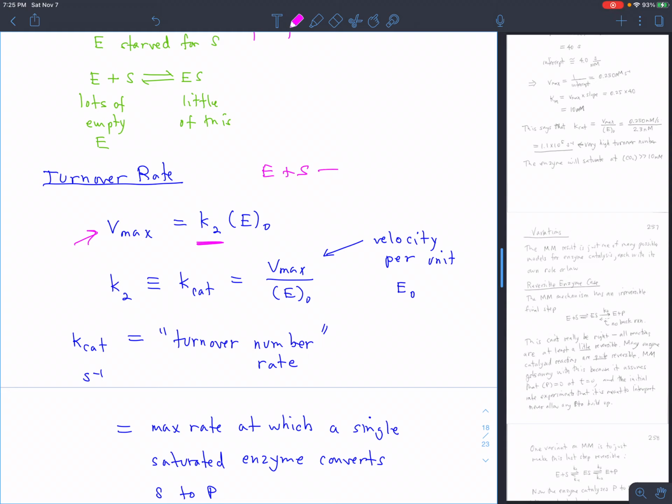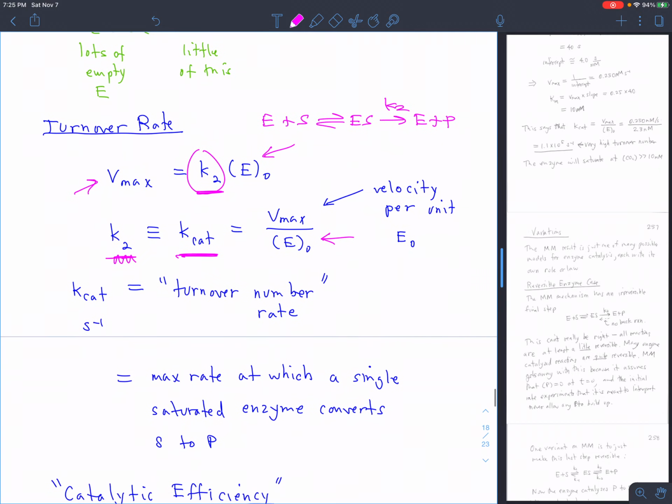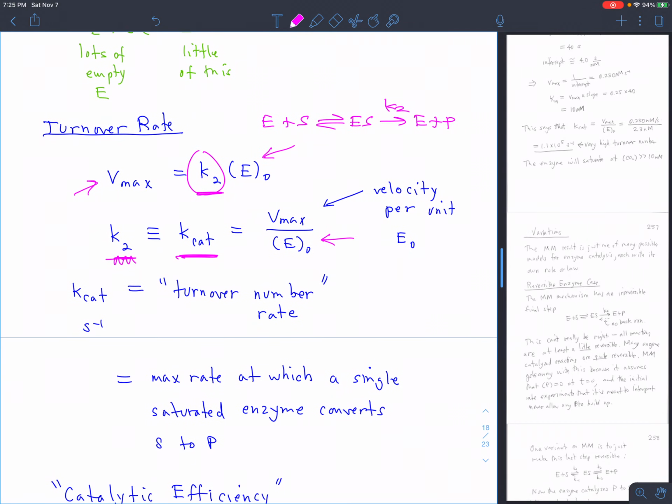So E plus S goes to ES, goes to E plus P. This is K2. It's the rate constant for the second step. This is the important quantity, right? The amount of enzyme you put in is going to vary from experiment to experiment. So let's scale Vmax by the amount of enzyme that we put in. That quantity is just K2, and because that now determines the Vmax, that's the enzyme intrinsic part